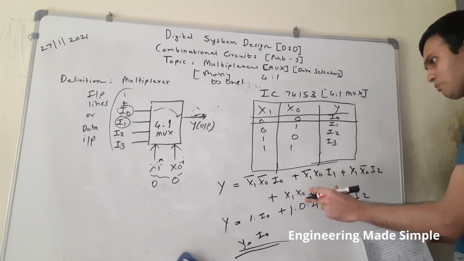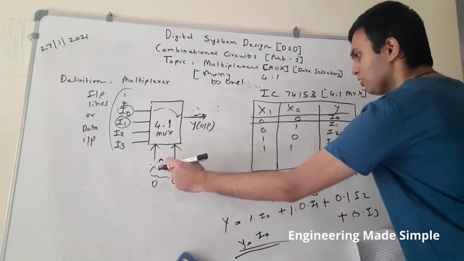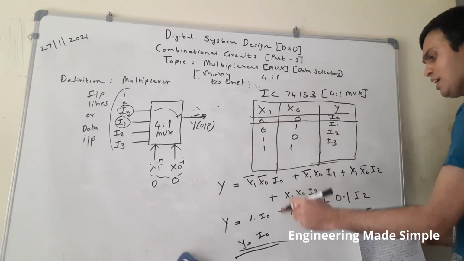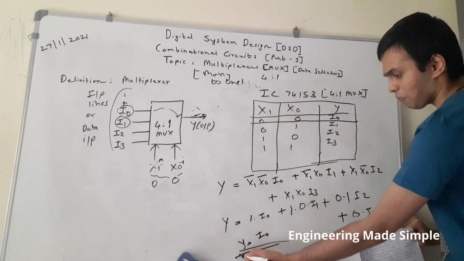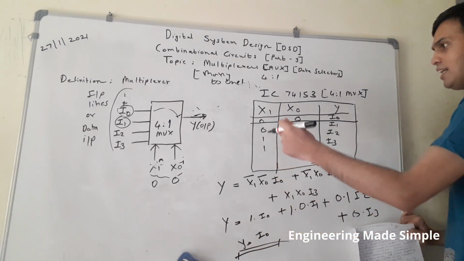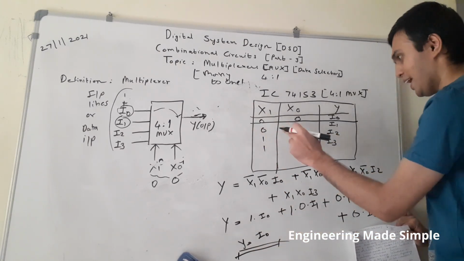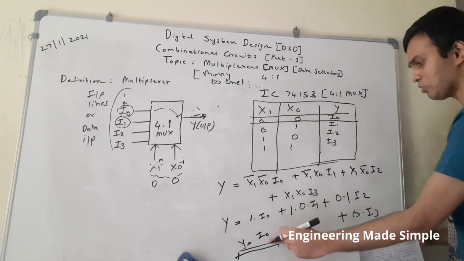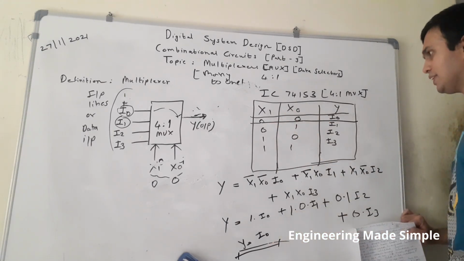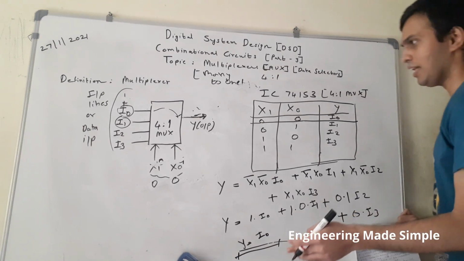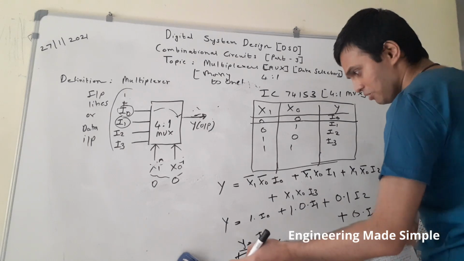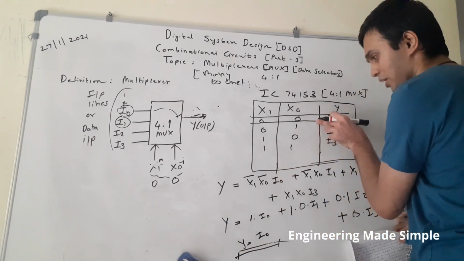On the basis of this equation I substituted the value. That is the first condition, that is x1 is equal to 0 and x0 equal to 0, and the output which I got was I0, and that is the same that we expected, right, as per the truth table. When x1 is 0 and x0 is 0, your output should be only I0. So this is how you check whether our analysis is correct or not, by substituting the values of input and checking the corresponding output.